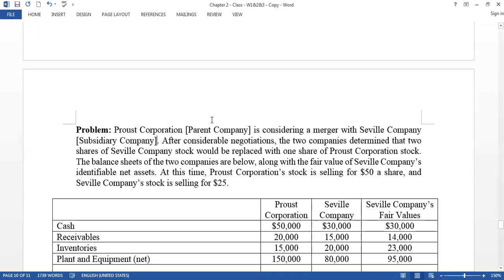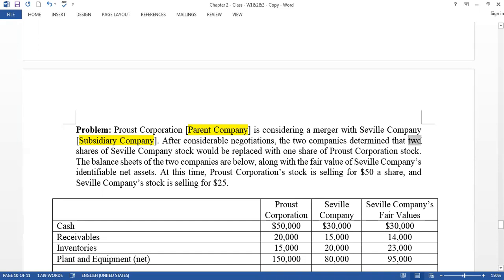So we know a parent company is going to acquire a subsidiary company. Nothing is new here. After considerable negotiations, the two companies determined that two shares of subsidiary company